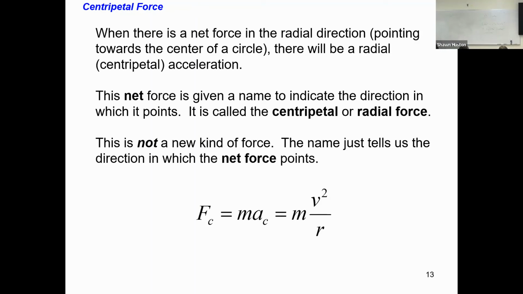All right. So we certainly saw Newton's second law. We said that the sum of the forces in the x direction is equal to mass times acceleration in the x direction. A lot of that in last chapter. We've got Newton's second law again. That just says the sum of the forces in the centripetal direction is equal to mass times acceleration in the centripetal direction. And looking at this, I would actually love to have